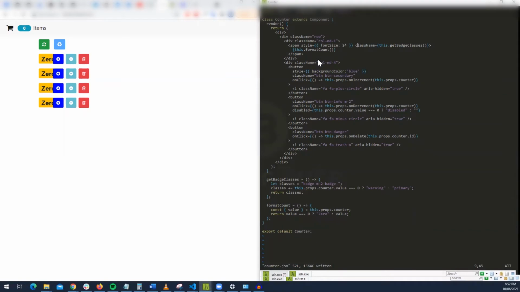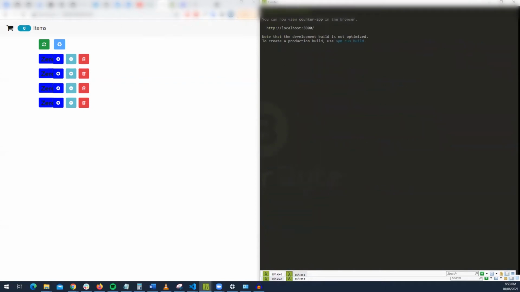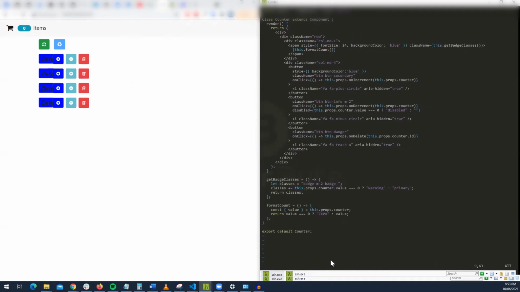So span style, blue. And then this should update. Yeah, see, now it's blue. So it's pretty ugly, but yeah. Okay, so now that's that. All we can do now is